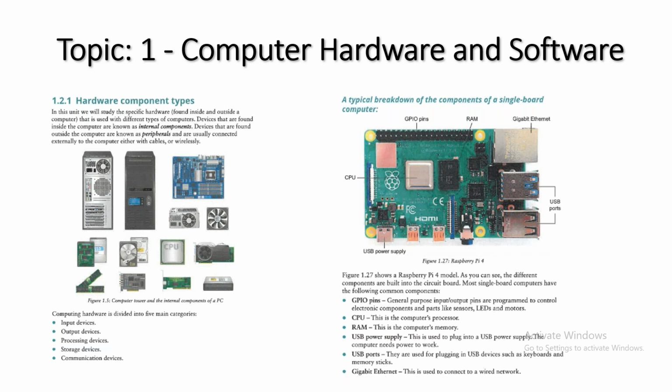So as you can see, here are some of the screenshots that we have in here. Our diagrams are all annotated as well, so the students can easily follow and see exactly what a CPU is, what GPIO pins are, what RAM is. And remember, this is now done in the programming book, in topic 1, and this will be covered practically in the robotics course, but that won't be done so early. That'll be done a lot later.